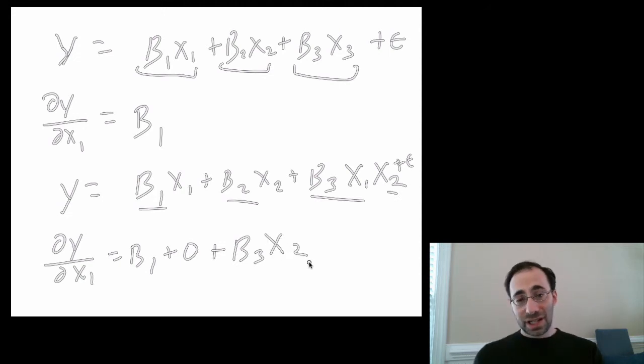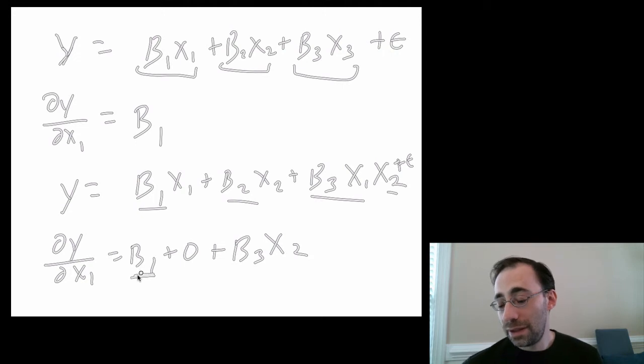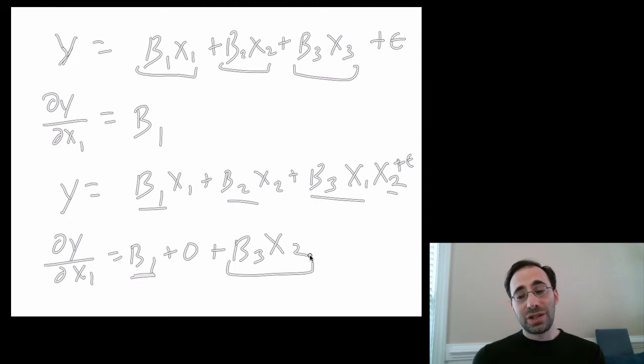So now we see explicitly that the marginal rate of change of y with respect to x1 is equal to the coefficient on x1 plus the coefficient on the interaction term times the value of the second independent variable. Therefore, the marginal rate of change of the dependent variable y with respect to x1 actually varies with the value of the second variable. So when you're trying to understand, for instance, whether or not you have a significant result for the effect of x1,